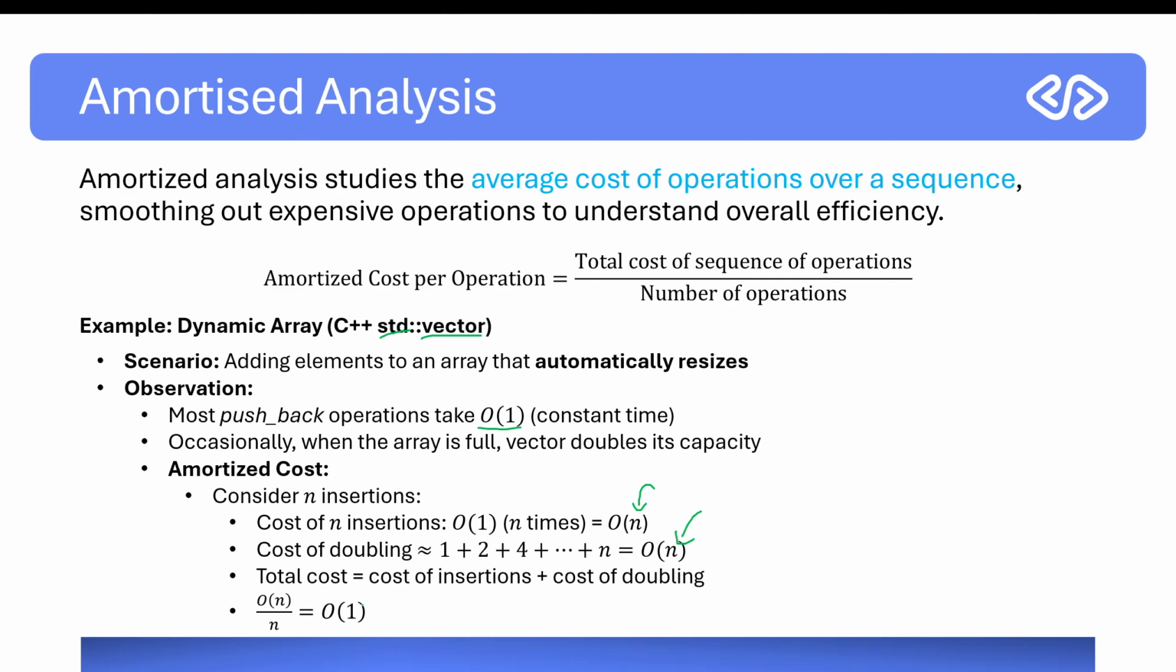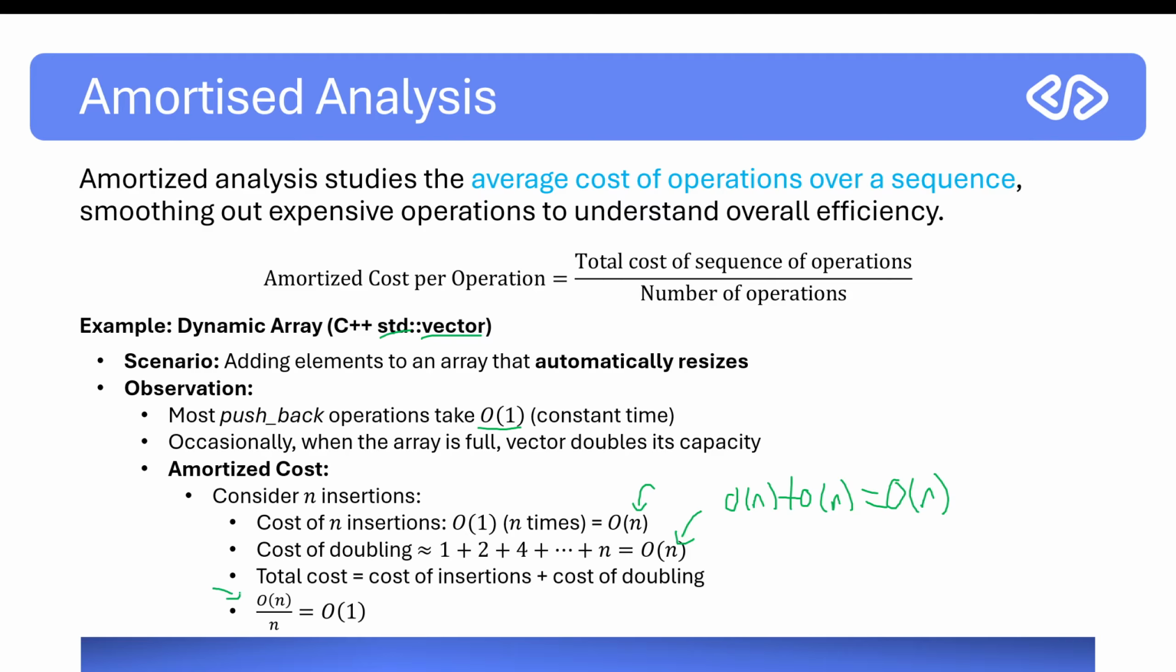So then our total cost is going to be the cost of us inserting and then the cost of us doubling, which is going to be O of n, because the sum of O of n and O of n is just going to be O of n. Because when you add time complexities, you take the maximum one, and they're both the same. And then we just have how many operations are we doing? We're doing n of them. So